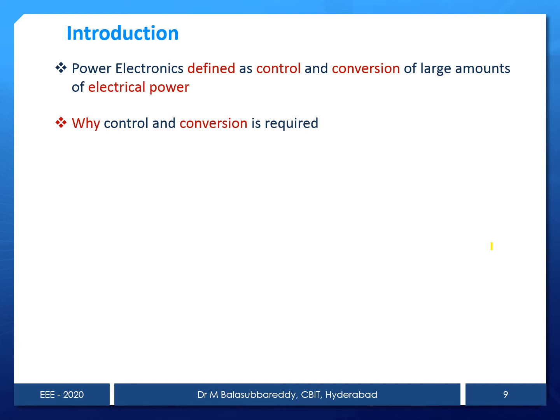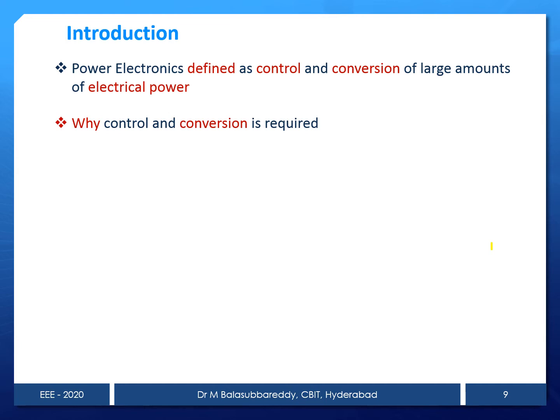Preferably, we know that in general, before power electronics, there are diode rectifiers. But a diode rectifier converts just fixed AC to fixed DC, and it will not control. That's why a diode rectifier is not considered a power electronics controller. It is an uncontrolled rectifier. We have only five power electronics controllers, and we just discussed their names: phase control rectifiers, choppers, AC voltage controllers, cycloconverters, and inverters.